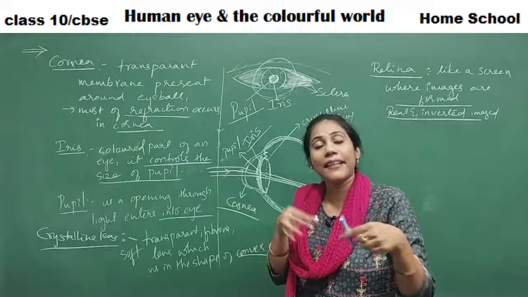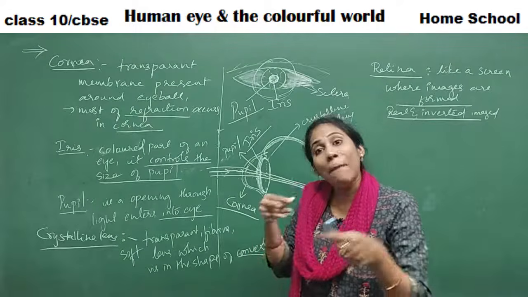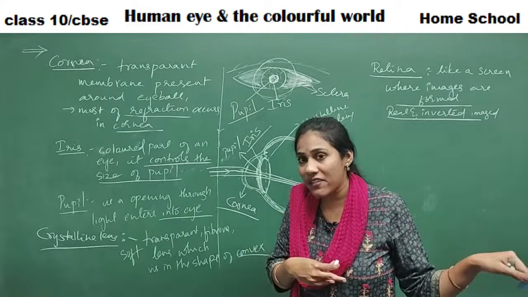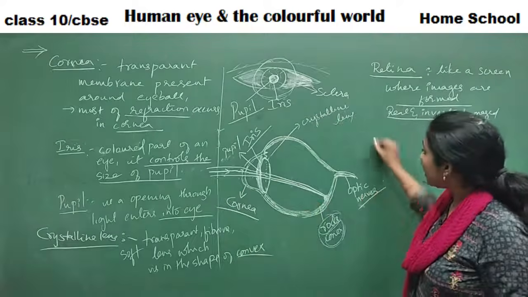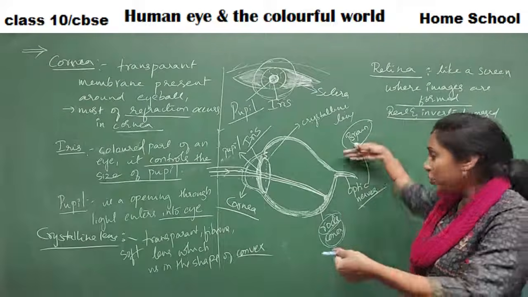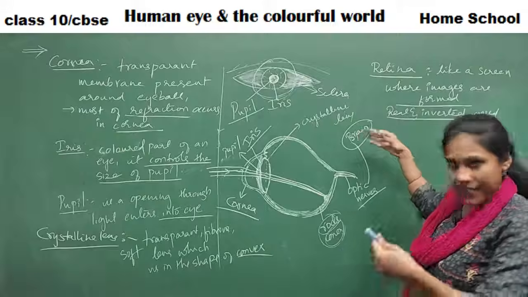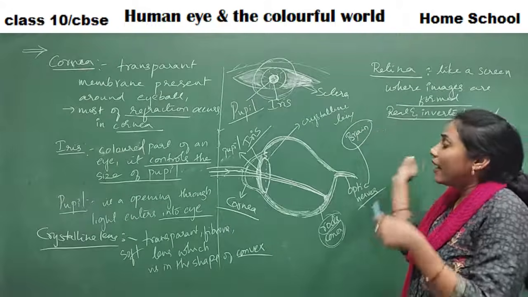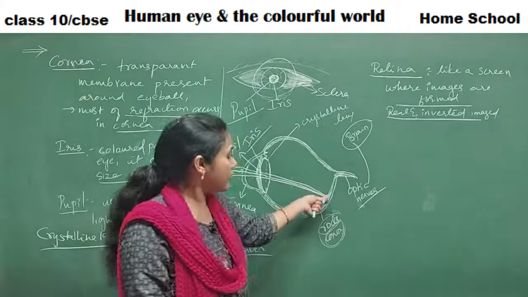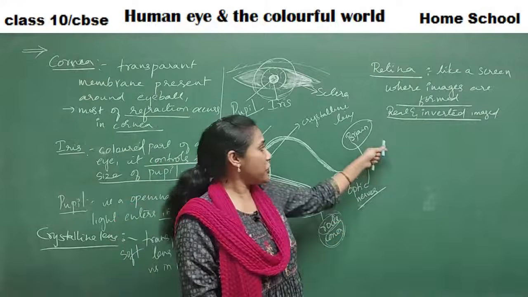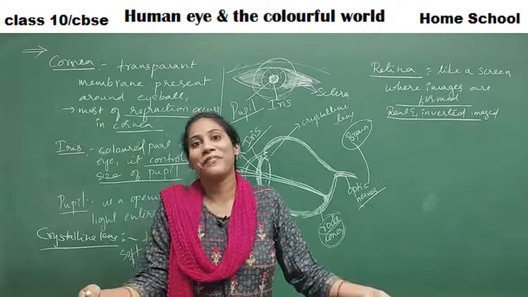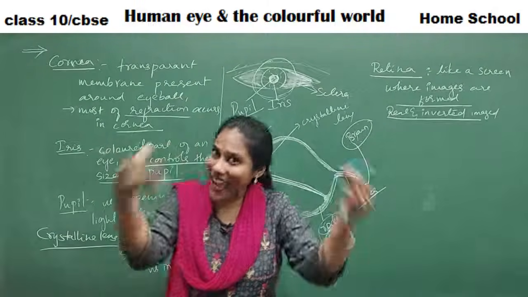Okay, and this electric impulse will pass through nerves. We have seen how electric messages are passed through nerves, right? And these nerves, optic nerves, are connected to the brain, guys. So the brain visualizes what has happened. It will process the information and help our eyes to see the object as it is. Inverted images are formed in the eye, and when that information goes to the brain, the brain makes that inverted image an erect image. That's how we see things as they are.